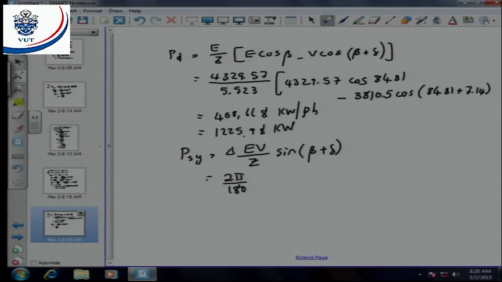To convert to torque, we take the synchronizing power divided by omega, which is 104.21 times 60 divided by 2 pi, 1500 revs per minute, gives us a value of 1990.26